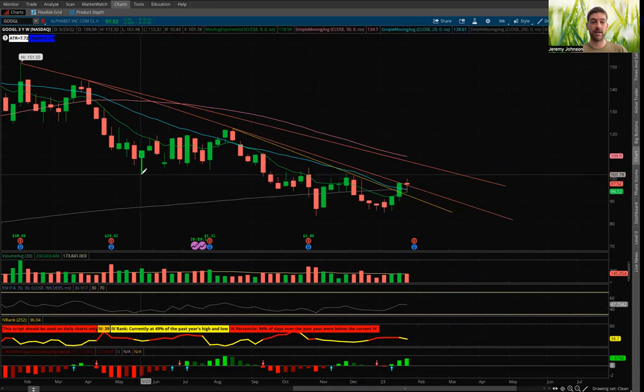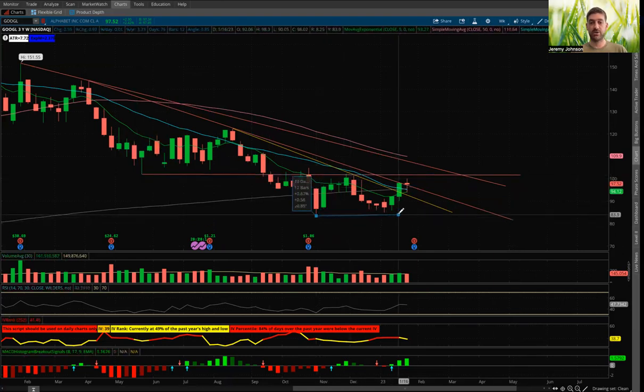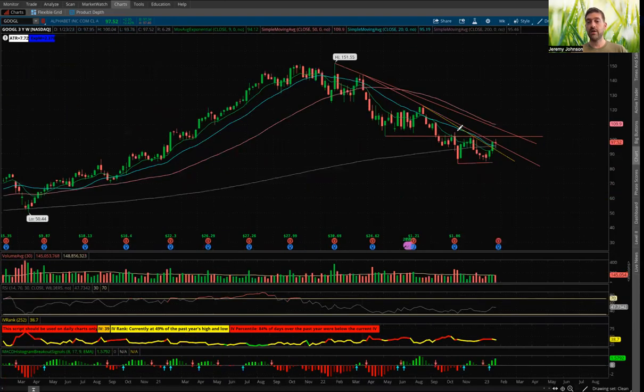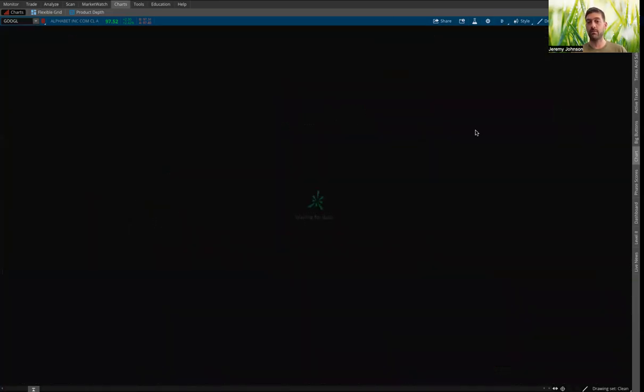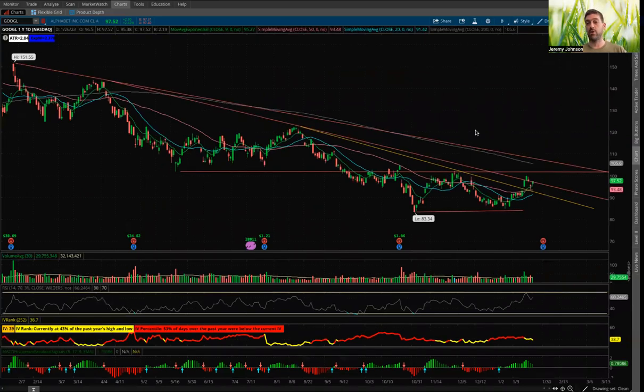Right now, we are in kind of a consolidation zone between this potential double bottom forming and this upper resistance channel. So while we did break out on this daily support line, we're battling the first real one on the weekly. We still have a ways to go before all of the more conservative traders are going to be into the trade. While I don't necessarily need to wait for that ultimate confirmation on a stock that I want to hold long term, and Google is one that I want to hold long term,